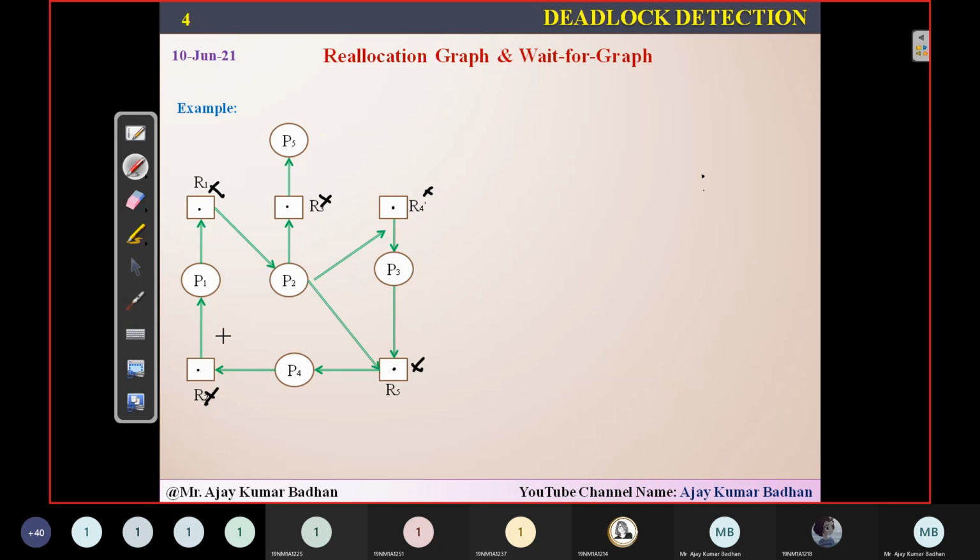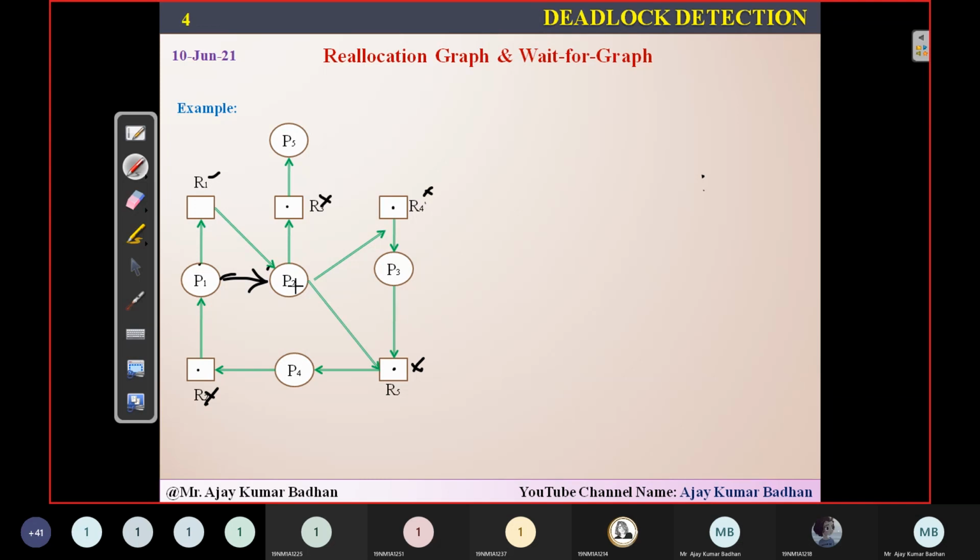And when I'm removing the resources, there is a link. For example, if you see here, from P1 there is a link going to R1. From R1 there is a link going to P2. So when I make this particular resource disappear, what will happen? A link is from here to here. This is how the link will be represented. When I remove this particular resource R1, there will be a link from P1 to P2. That indicates that P1 is waiting for some resource which is actually held by the process P2.